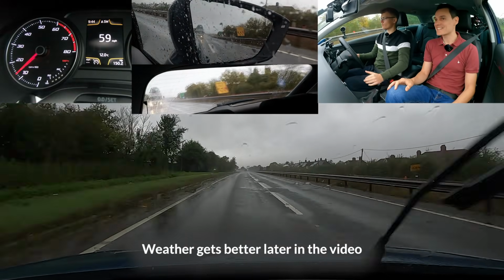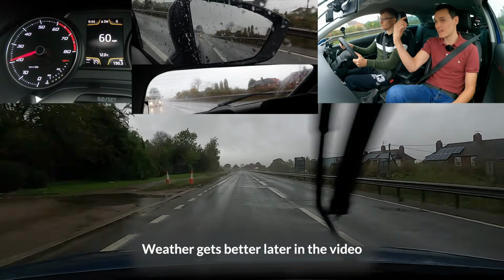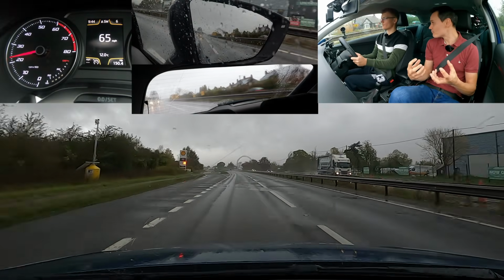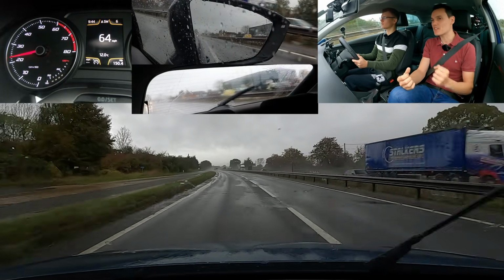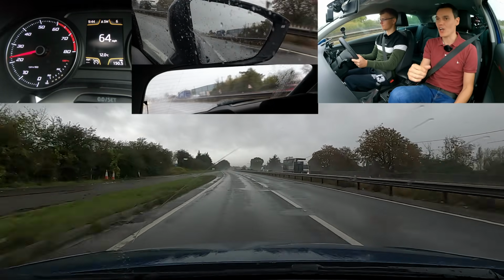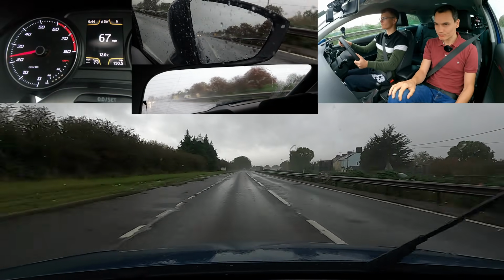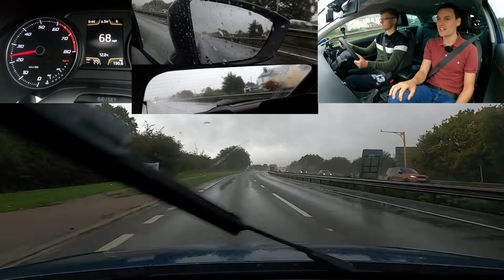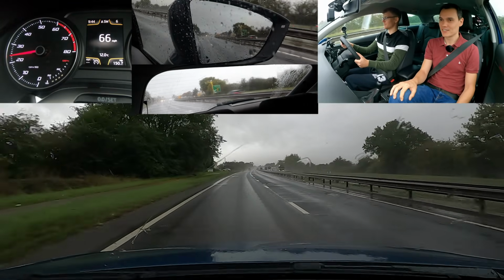Now what you could have done better there was got more speed up when we got to that 70. You were a bit slow, which meant that truck was catching you. If you were going the same speed as them, they wouldn't have caught up with you and it would have been safer. Right. You did get the speed in the end though. Yep. Just get it a bit earlier, that'll make it easier for you to merge. So you can see the road markings, you can see your lane. Yeah. It's very wet today, it's brilliant weather for it, isn't it? Yeah. Very hard to see, but...